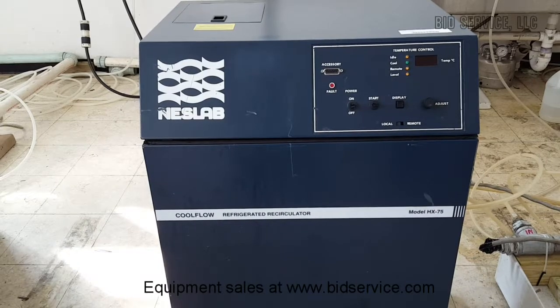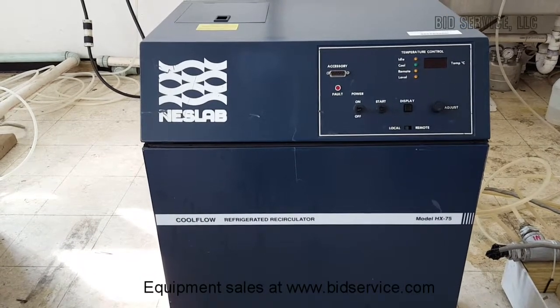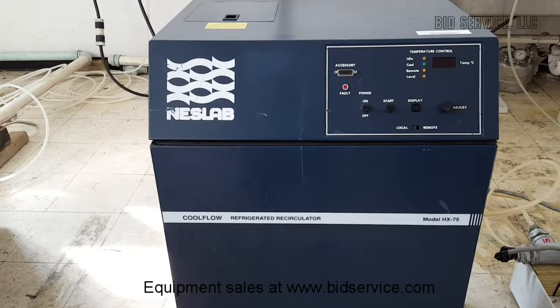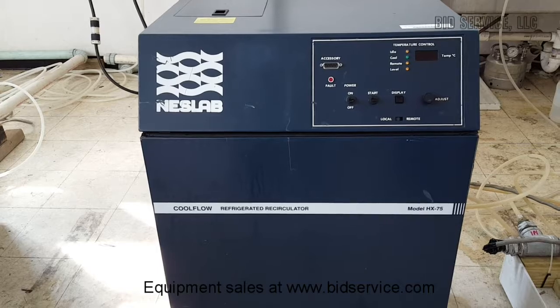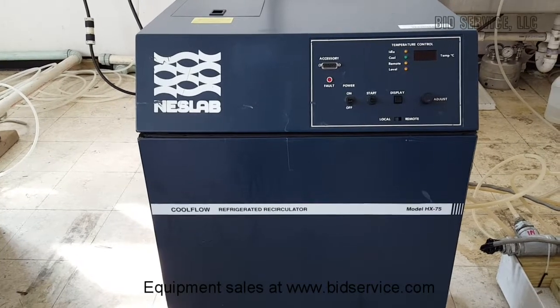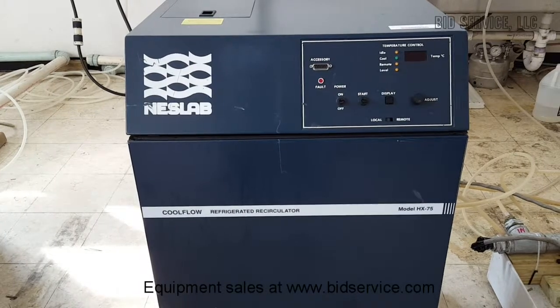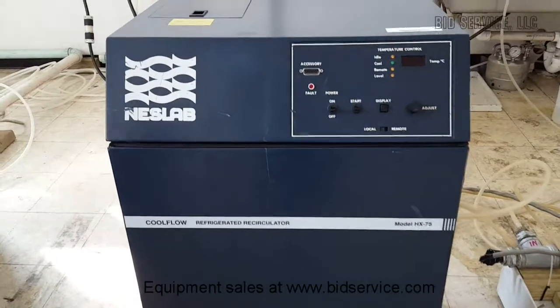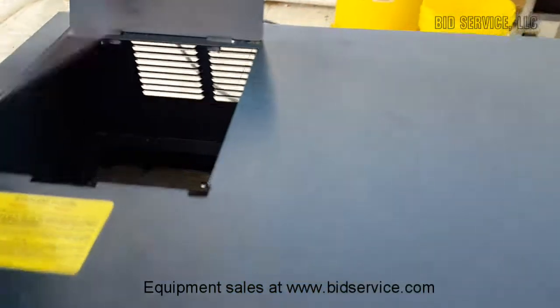It is equipped with a TU1 pump, which will put out 3 gallons per minute at 50 psi. It is powered by 208 to 230 volts single phase, requiring a 16.3 amp service. Let's take a look at a couple things here. First,